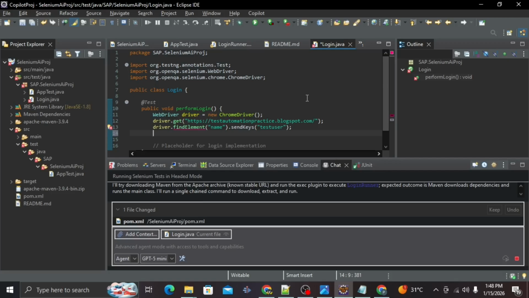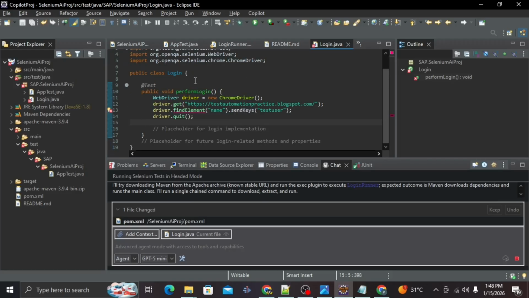Okay, let it be like this. And other thing is driver quit. So these are the steps that I'm going to mention in my script. So after that, I'm going to execute this script with the help of GitHub Copilot. So here I will prompt in this chat box after selecting this agent and the GPT-5. So I will give a prompt like this: